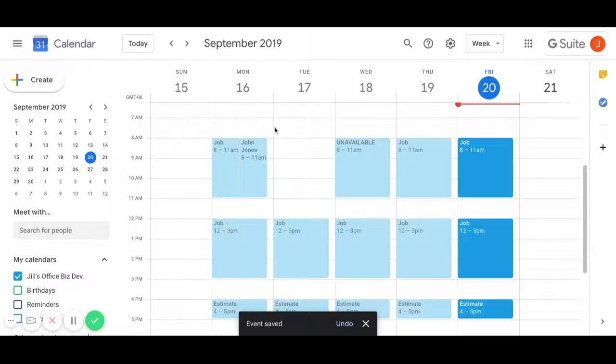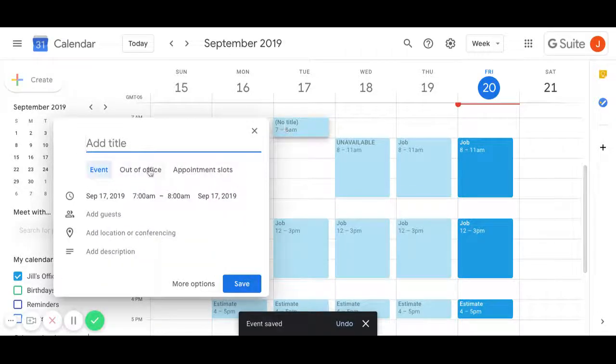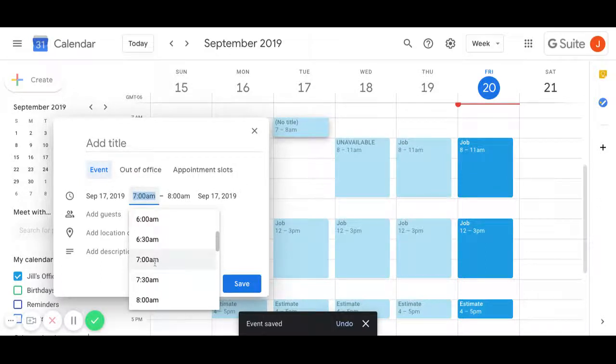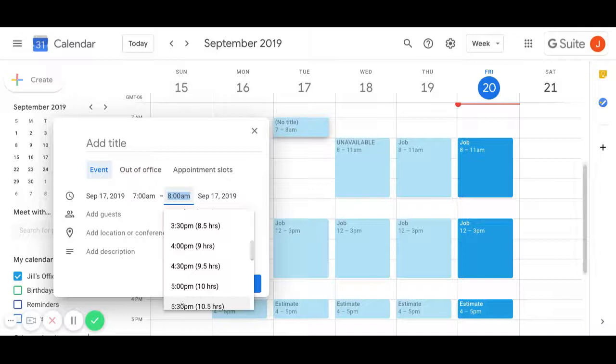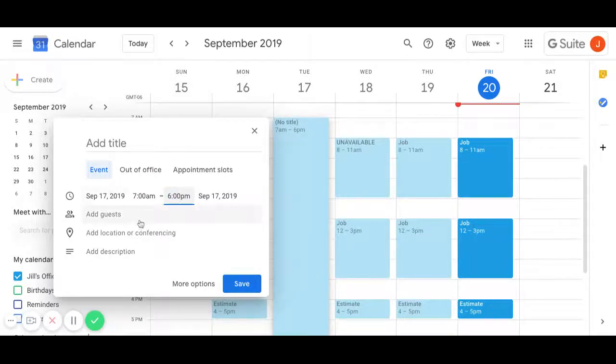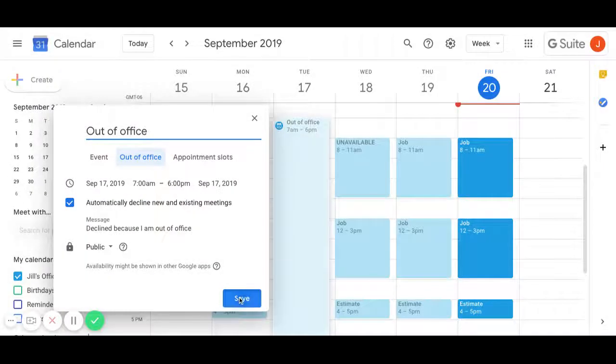If you're going to be out an entire day, best practice for that is to block out your normal working hours, or even just cover the whole day by doing like 6 to 6 or whatever it may be, 7 to 6. And then you're going to say out of office for that day. And that way when the Jills,